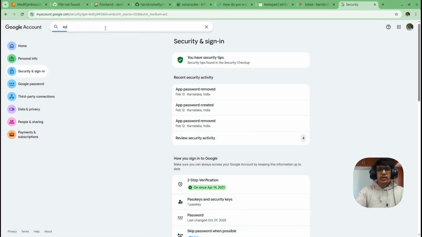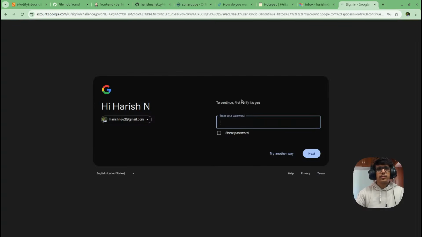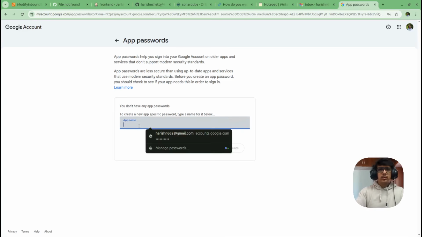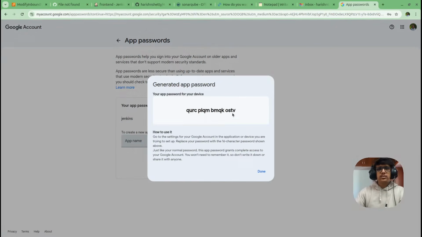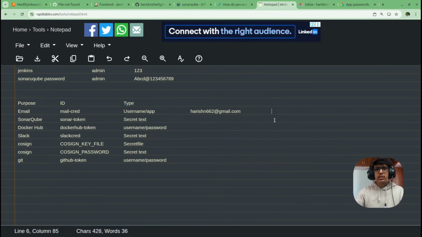On the top, you will get the app password. Once you are logged in, give the app name as Jenkins, create. So you will get an app password here. Just copy it and paste in Notepad. Remove the spaces